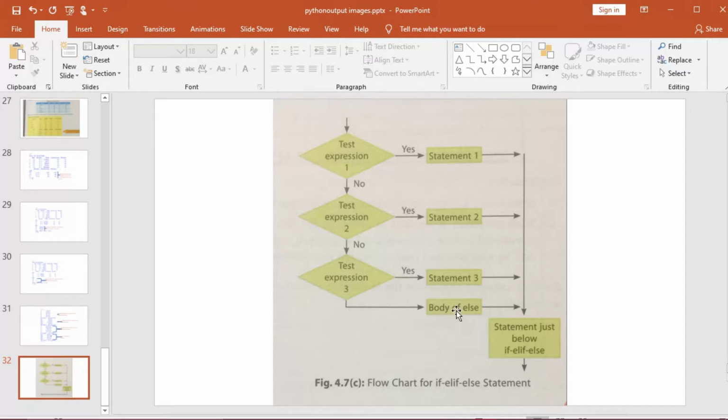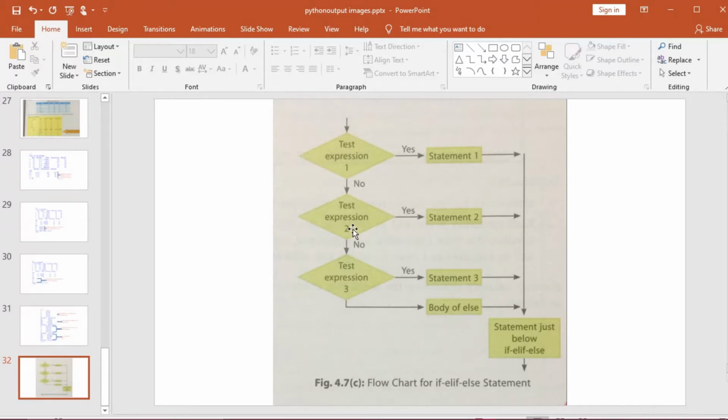On the basis of this we will do one program also. As soon as one of the conditions controlling the if is true, the statements associated with that if will be executed and the rest of the ladder is bypassed, meaning at a time only one condition will be executed. This only happens when you are having multiple choices.